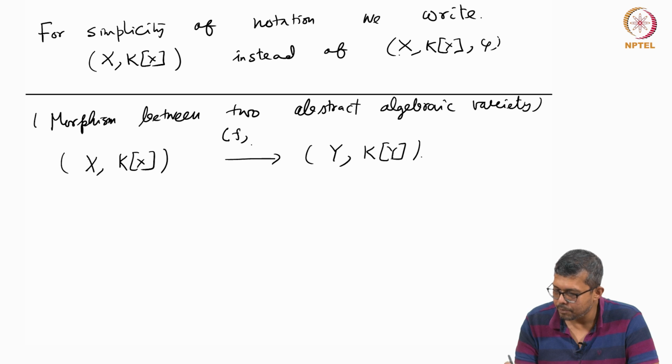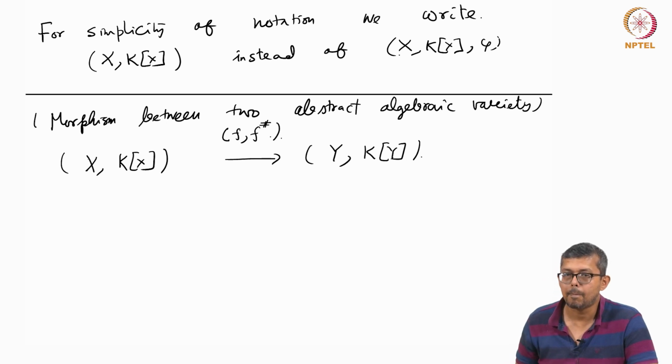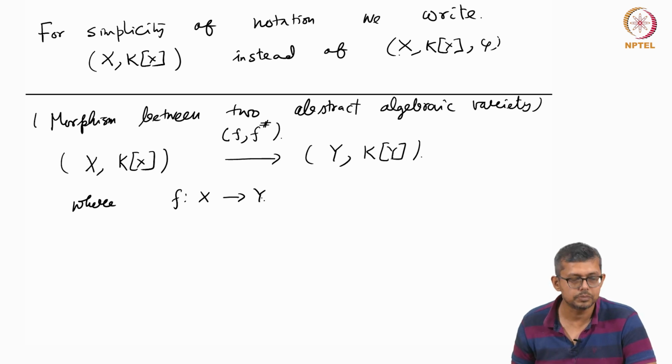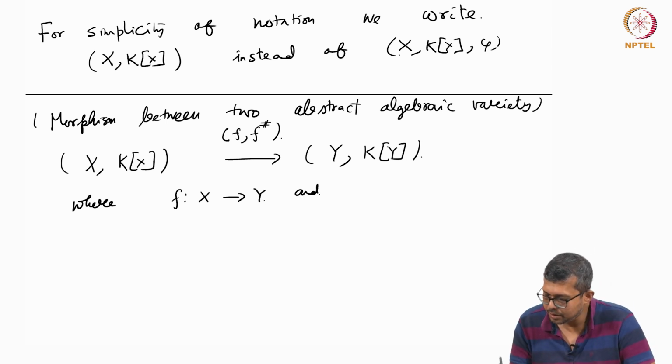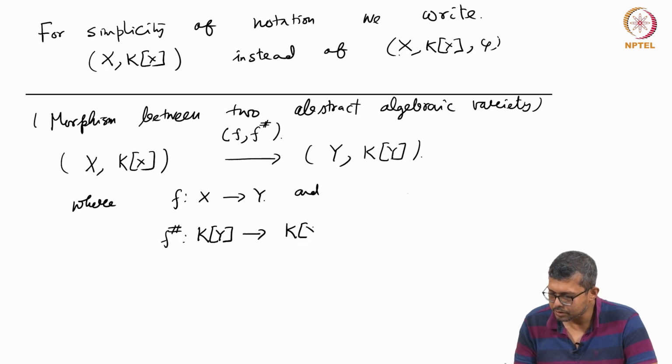One is a map f which goes from x to y, and another one is f hash, where f is a set map from x to y, and f hash is a k algebra map from ky to kx,